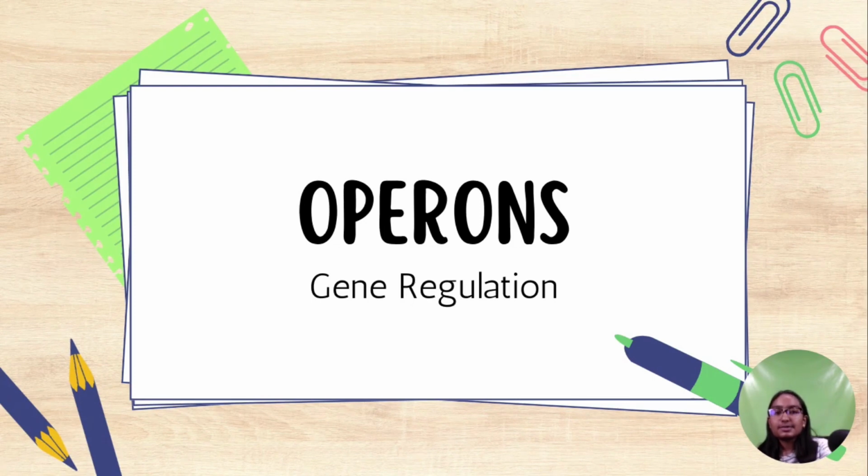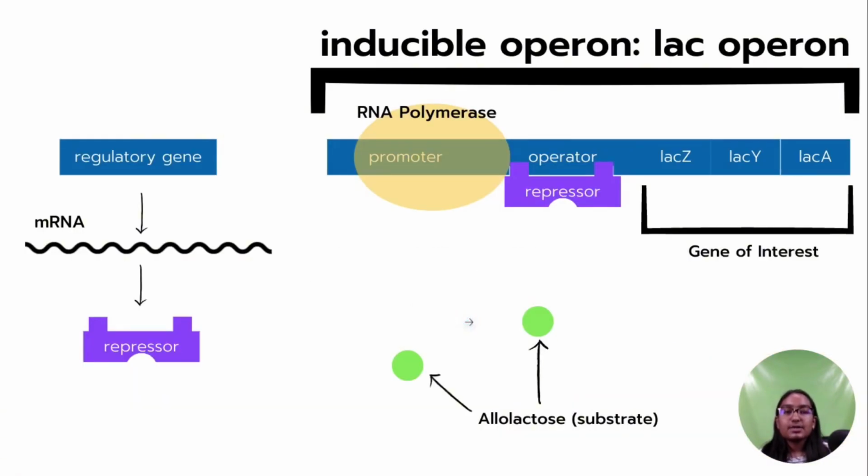A classic example is the lac operon in E. coli bacteria, and this helps break down lactose. So the lac operon is an inducible operon. Like any operon, it includes a promoter, which is where the RNA polymerase, the enzyme used to transcribe, binds to the mRNA. And then there's the operator, which we'll get to more in a minute. And then there's the gene of interest. The gene of interest is LAC-Z, LAC-Y, LAC-A in this case, and this is basically what you want to transcribe